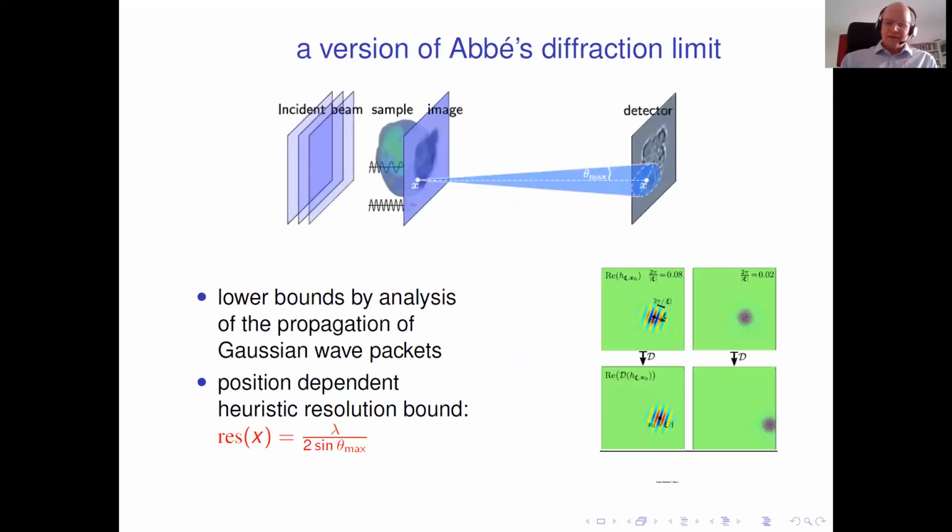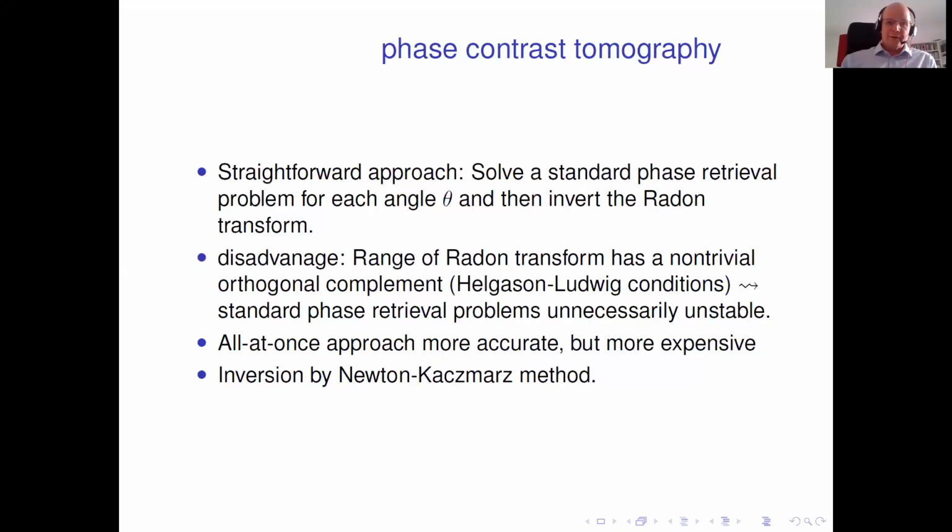Okay, so then I'll be short on that because I don't have a lot of time left. We also studied numerical reconstruction methods for the full nonlinear problem. There's a simple way to solve these problems, which is first to do a phase retrieval algorithm, and then do a Radon inversion. That's fast, but the more accurate approach is to do an all-at-once approach and solve the full nonlinear